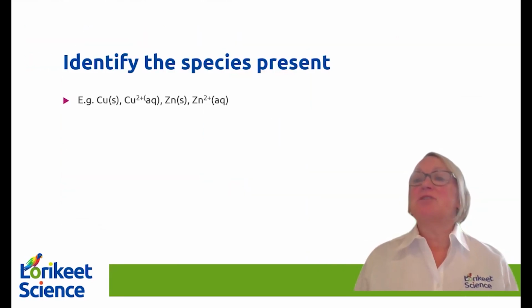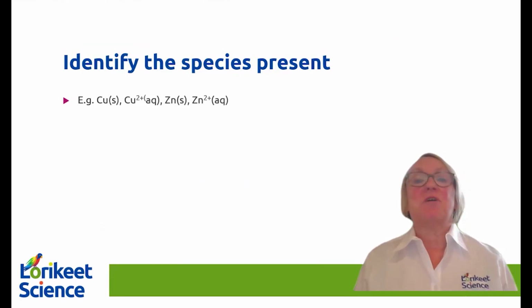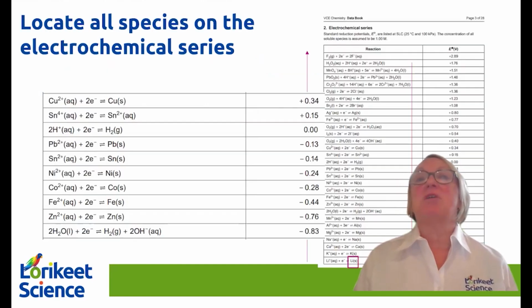So the first thing to do is identify the species that you've got present. So if you had the Daniel's cell, which is a very common copper zinc cell, you would have copper solid, you would have copper 2+ ions, you would have zinc solid and zinc 2+ ions. You locate these on the electrochemical series,